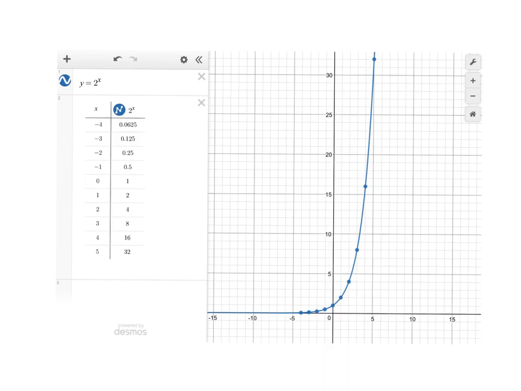Something else I want you to notice is as you get smaller and smaller, or as you go to the left of the number line here, you get -1, 2 to the negative 0.5, 2 to the negative 2, that's 1/4 or 0.25. Notice that the numbers get smaller and smaller. They actually get closer and closer to 0, but you don't quite reach 0. So we have a horizontal asymptote right here